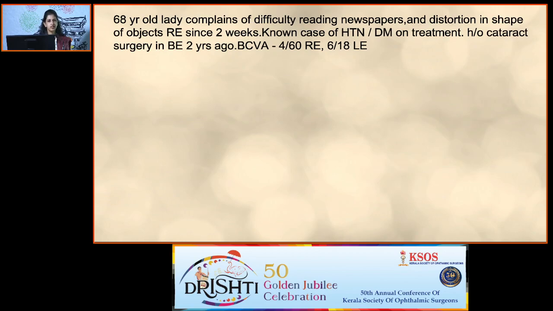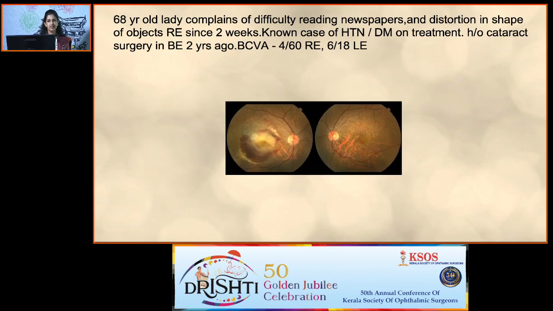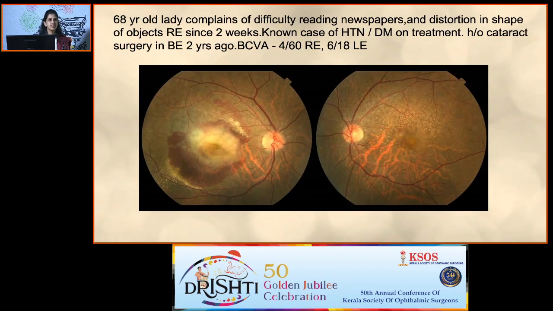So this is a 68-year-old lady, difficulty in reading newspapers and distortion in shape of objects since 2 weeks. So she has diabetes and hypertension and cataract surgery has been done. So her best corrected is 4/60 and 6/18. I heard the diagnosis, you're correct. This is a wet AMD in the right eye and you can see the features of dry AMD in the